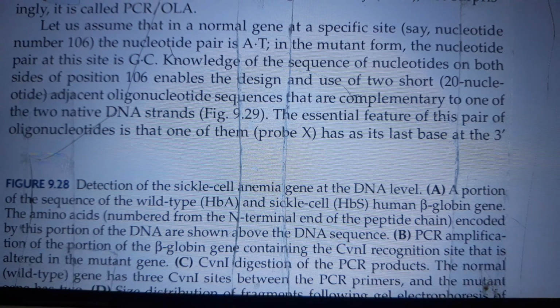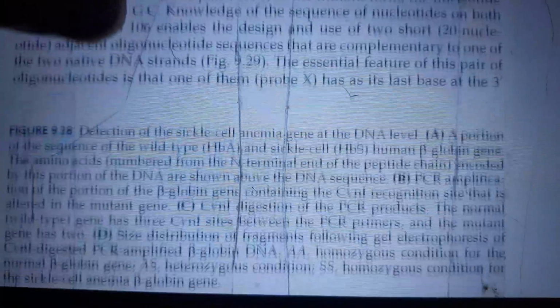Knowledge of the sequence of nucleotides on both sides of position 106 enables the design and use of 2 short 20 nucleotide adjacent oligonucleotide sequences that are complementary to one of the 2 native DNA strands. The essential feature of this pair of oligonucleotides is that one of them, probe X, has as its last base at the 3' end